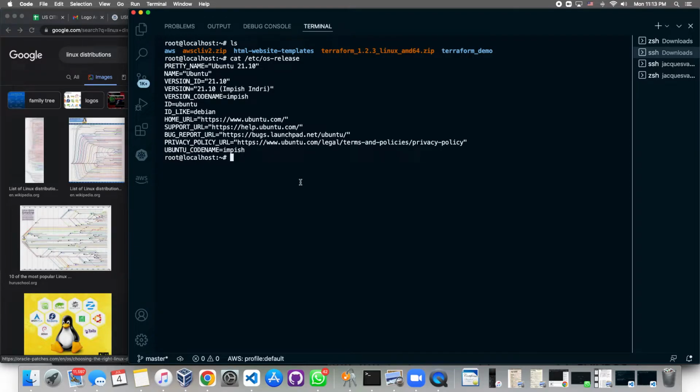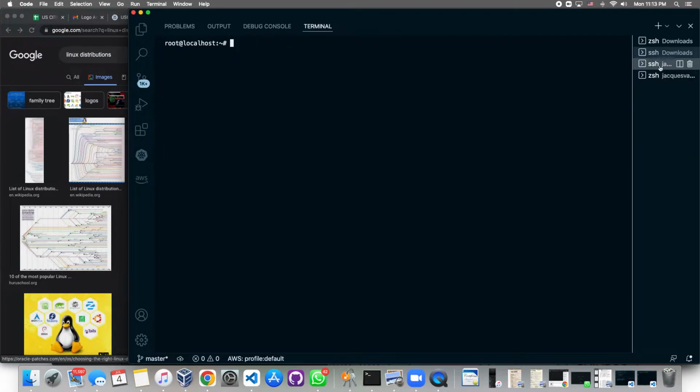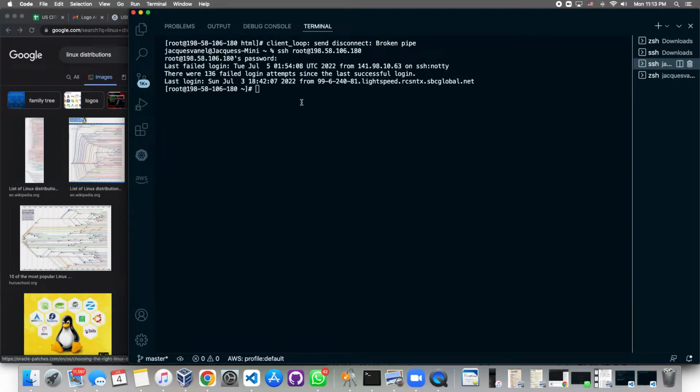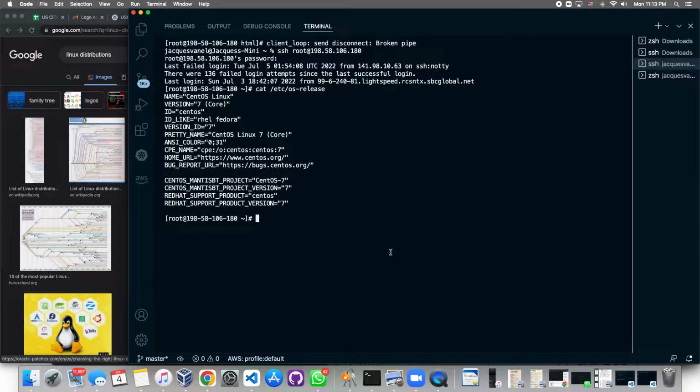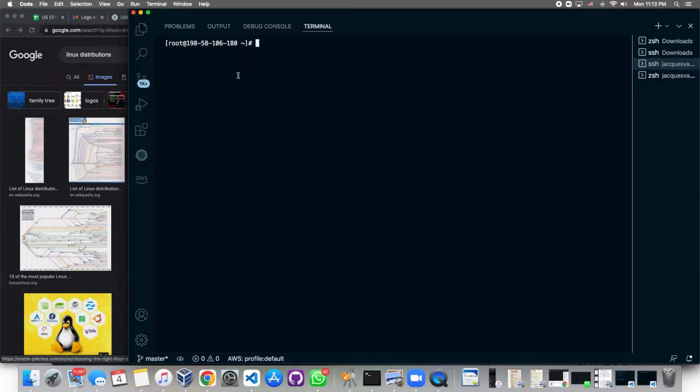Okay, this is a Ubuntu. Let me name it Ubuntu real quick. This Ubuntu, then this has to be Ubuntu, and this is CentOS. Okay, cool. All right, so when you're using Ubuntu, for example,